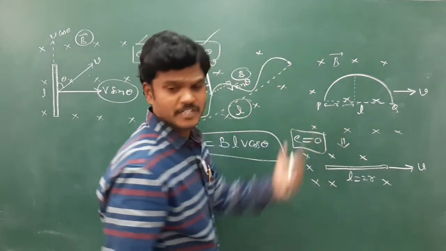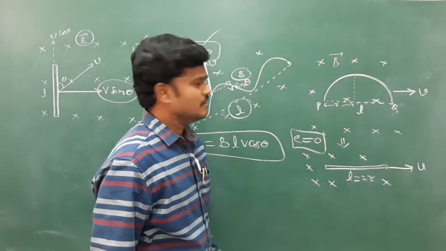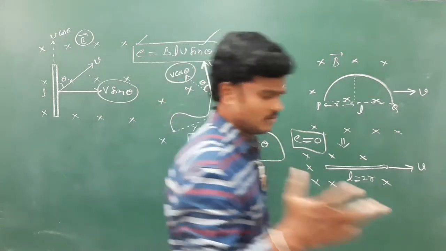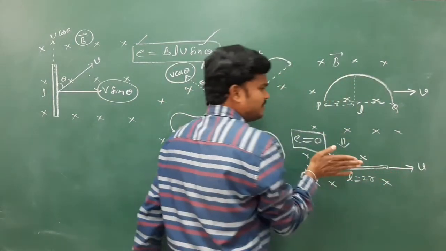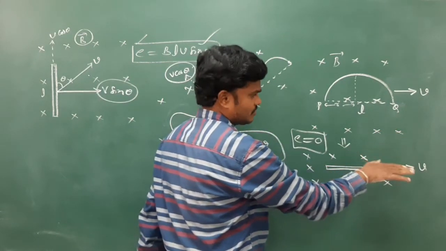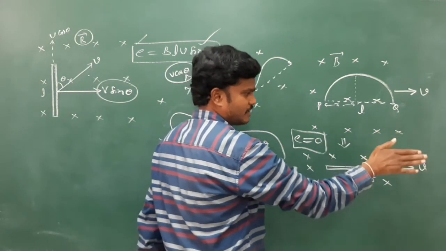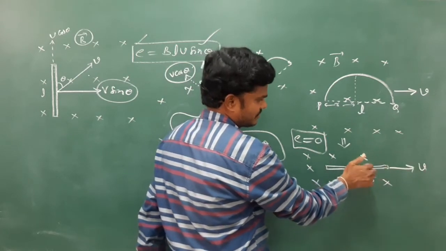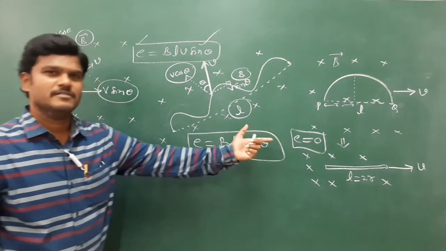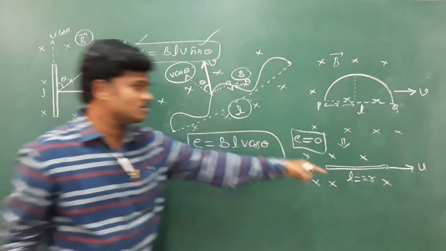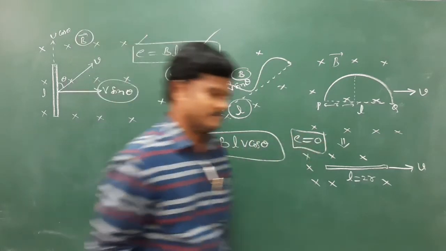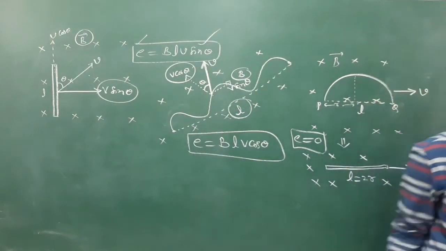Or if you want to identify the direction of induced current, you can use the V cross B rule, otherwise Fleming's right hand rule. So V cross B means, see, this is V. Okay. So, see, V, B. So EMF is in this direction. See, there is no EMF. No EMF means there is no induced current. If it is a closed coil, there will be an induced current. So right now, no EMF. Okay, we'll identify in the next problem.